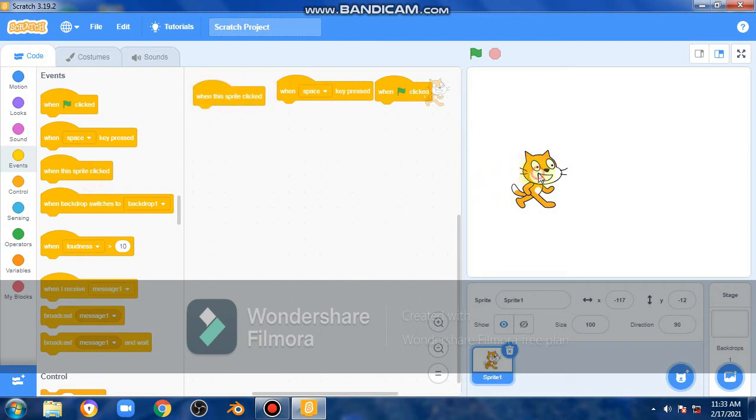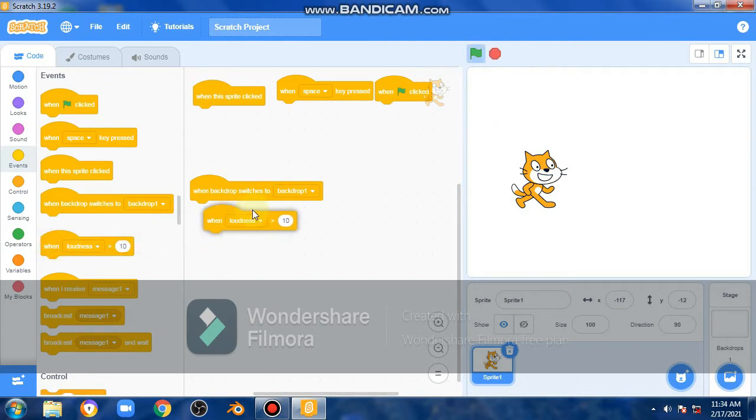If we click this sprite, then what will happen we can decide here. Then here, when backdrop switches to another: I told you that the backdrop is the background. When this background is switched, meaning a new background came, then what will happen?